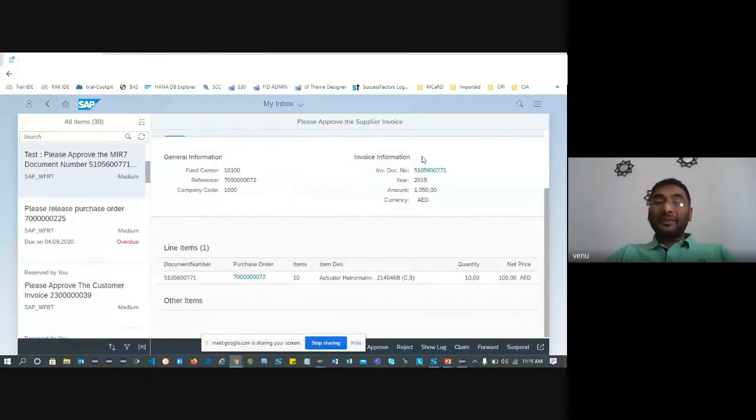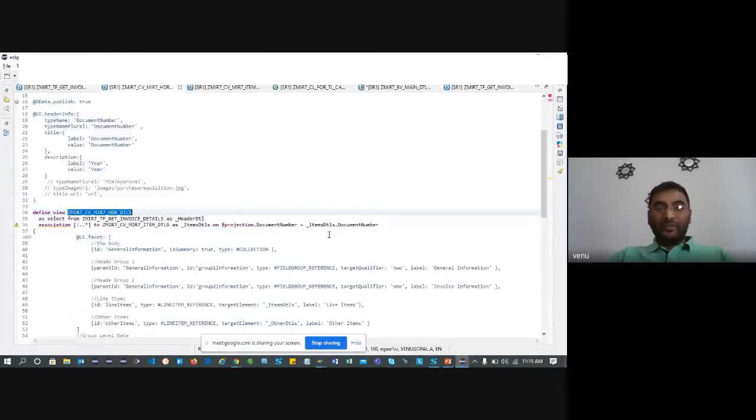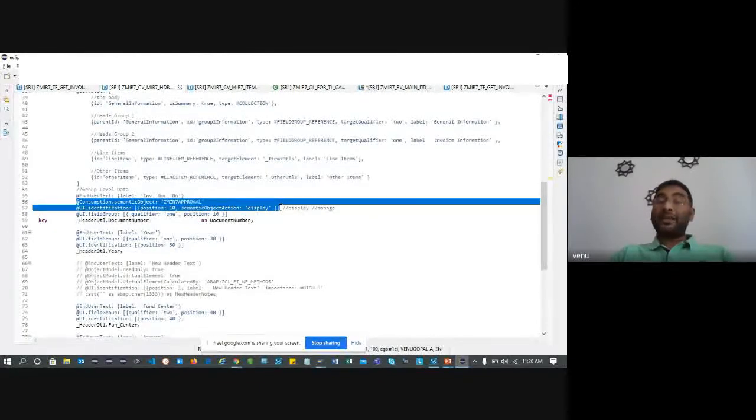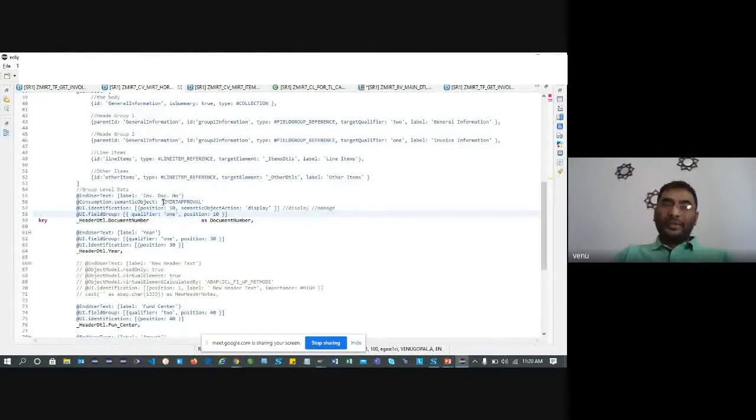So now how do we make this intent-based navigation? We call it intent-based navigation, right? It's one line of code. What I'm going to do is simply consume it as a semantic object, and this semantic object I'm making as display only. If you want to manage, you have different kinds of semantic object actions which we define. Most of the UI guys know what a semantic object is. What we do is simply create a semantic object as a custom one, and that semantic object we use in the target mapping, in a catalog.